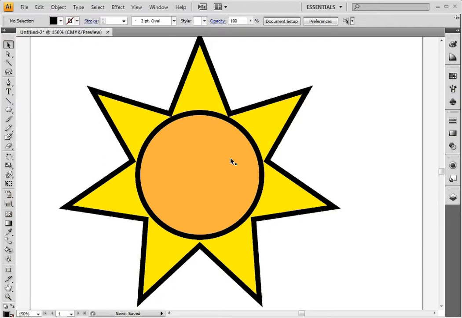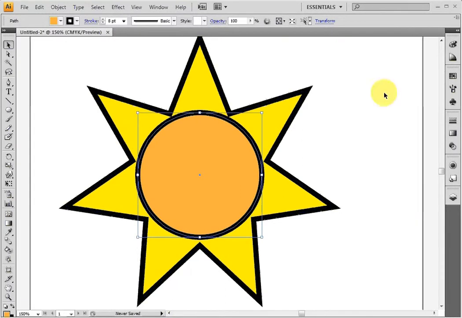Okay, I just want to talk quickly about the text tool, and I wanted to make this kind of an icon, like a sheriff's badge or award maybe. I just made a really simple shape, a star shape, put a circle in the middle, changed the fill color, and if you don't remember how to do that, you click on your circle or your whatever object